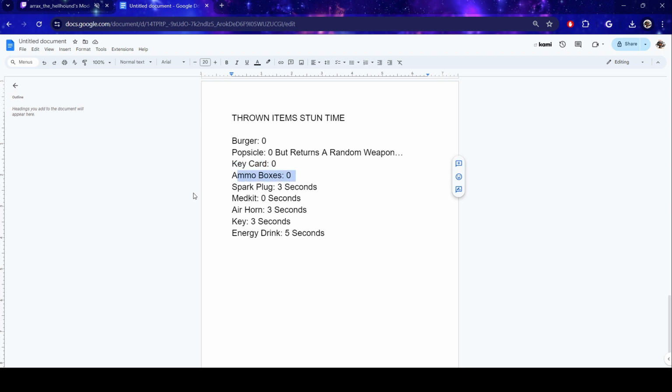Keycard is 0, ammo box is 0. Spark plug, surprisingly, it actually does a 3-second stun. Medkit, nothing. Air horn, if you throw it instead of using it, stuns for 3 seconds. Key for the gate does 3 seconds, and the energy drink does a 5-second stun if you hit them, which